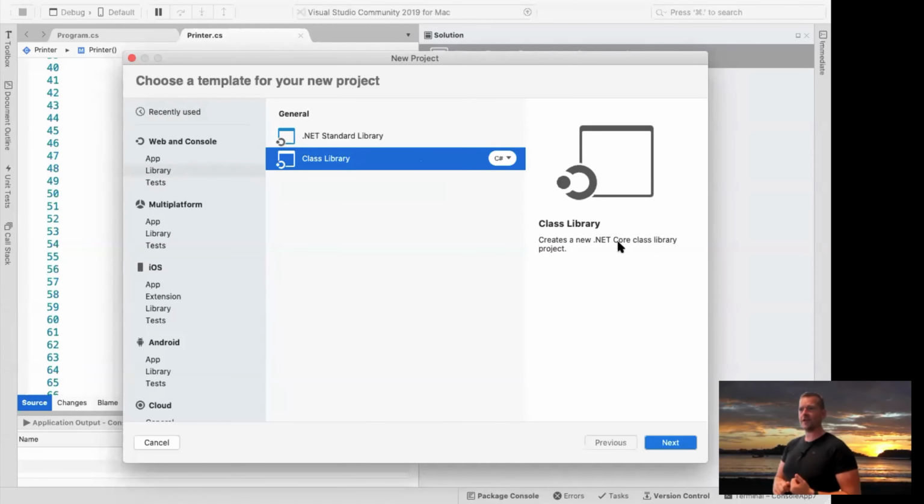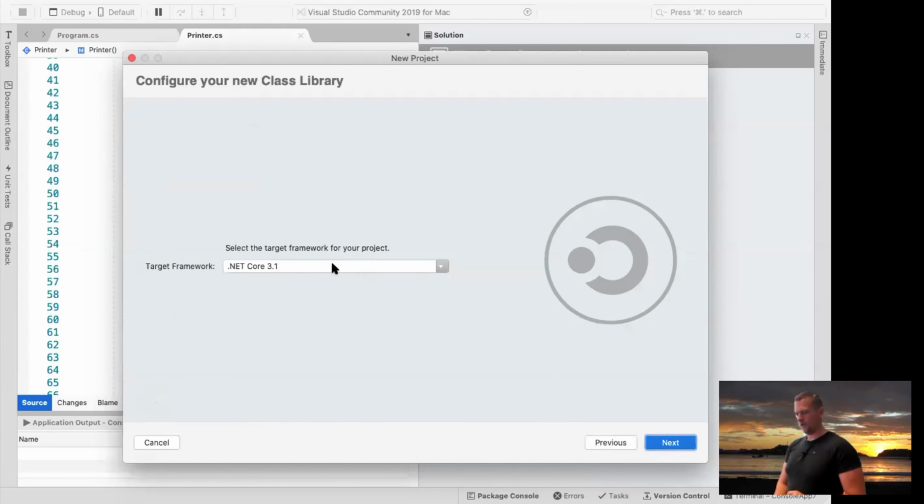There's also .NET Standard library. And it's also important that you select C# because there's actually also Visual Basic in Windows. Also F# actually, which is a completely different language. So C# and .NET Core class library. I say next. Maybe. There we go. And then